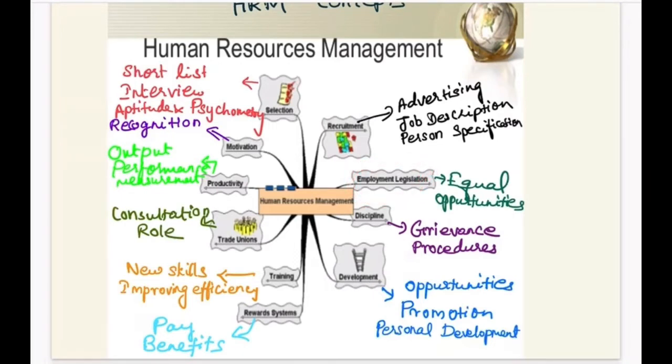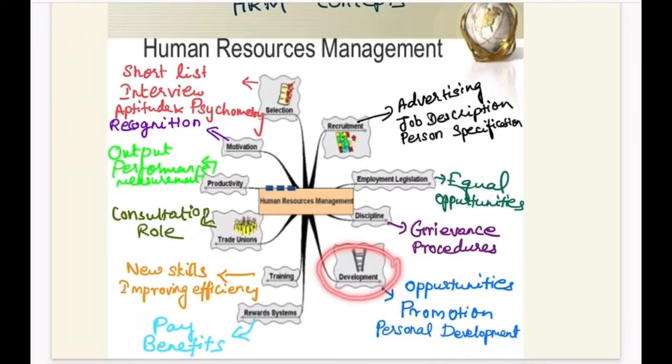So after equal opportunity is given, if there is going to be any grievance or discipline in an organization, it is maintained, and for that, grievance procedures are to be followed. This is another concept. Employment legislation and discipline are different concepts. Once a person is ensured equal opportunity and grievance procedure, then we will go to the next concept called